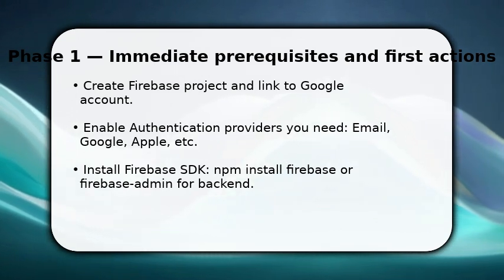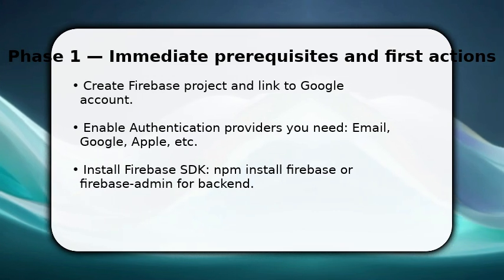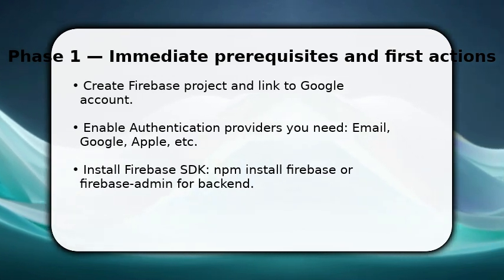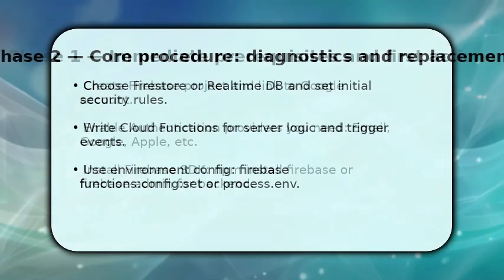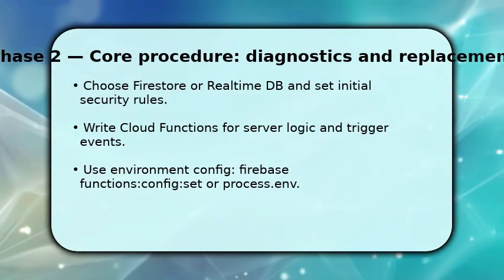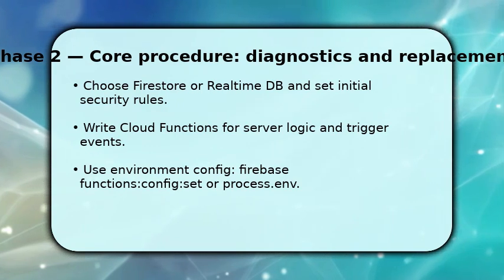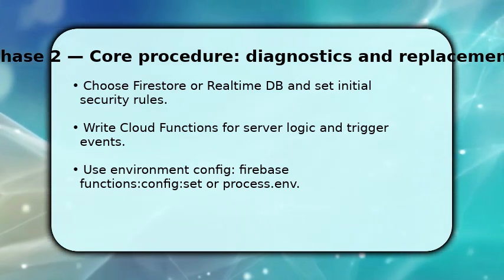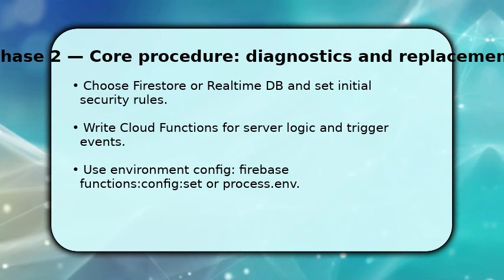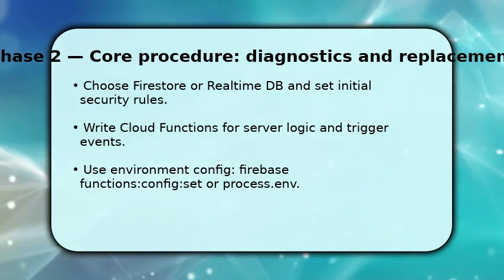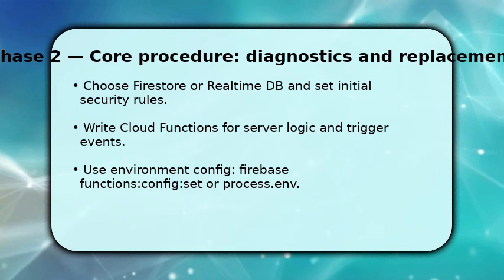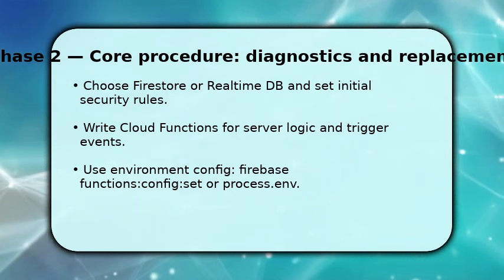Finally, verify initialization by calling a simple admin API like auth.getUser or a test read to confirm connectivity. Once initialization works, choose Firestore or real-time database and model your data with collections and documents or node trees. Then write cloud functions for business logic, HTTP endpoints, background triggers, and scheduled jobs, and deploy them to isolate server